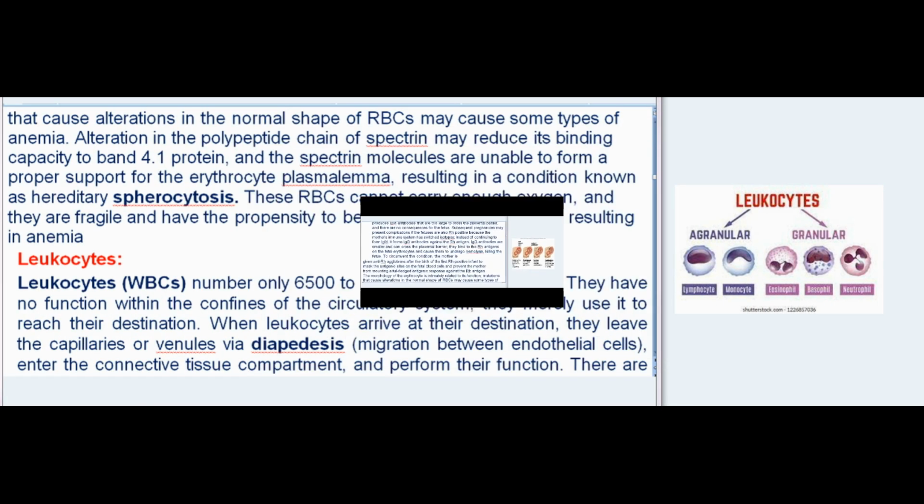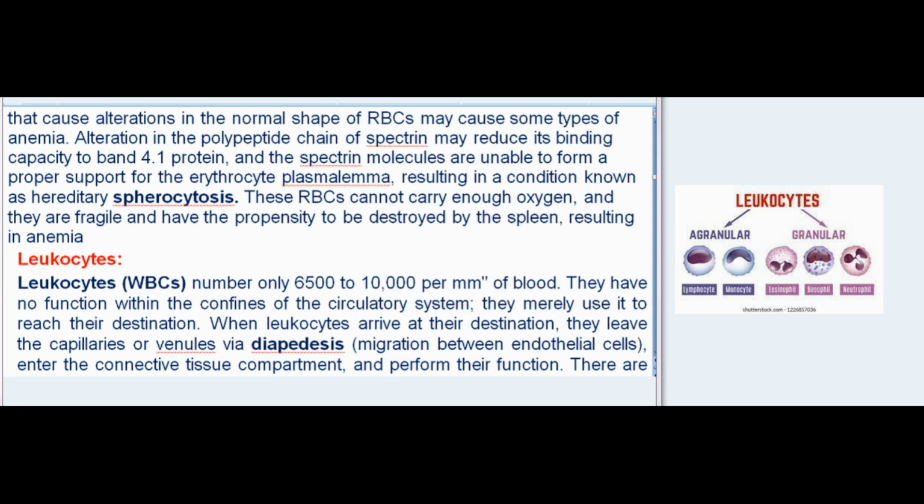Mutations that cause alterations in the normal shape of RBCs may cause some types of anemia. Alteration in the polypeptide chain of spectrin may reduce its binding capacity to band 4.1 protein, and the spectrin molecules are unable to form a proper support for the erythrocyte plasmalemma, resulting in a condition known as hereditary spherocytosis. These RBCs cannot carry enough oxygen, and they are fragile and have the propensity to be destroyed by the spleen, resulting in anemia. Leukocytes,